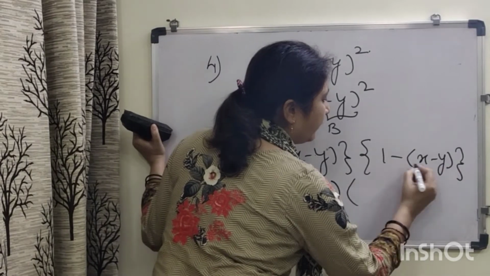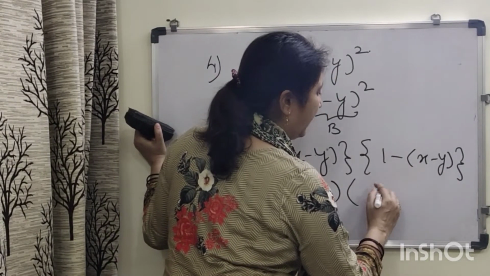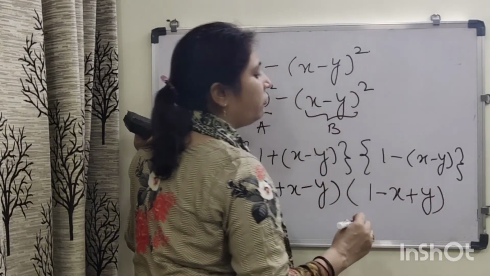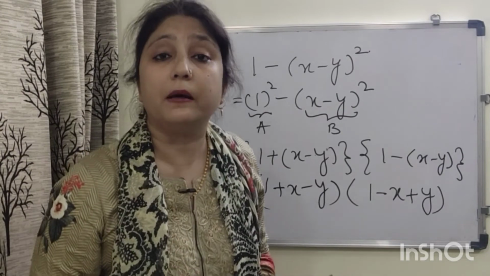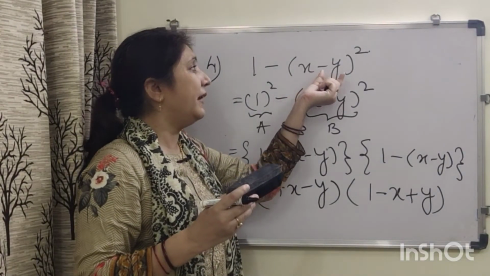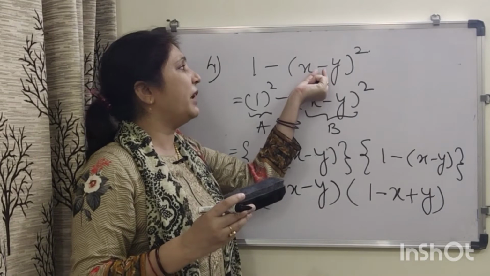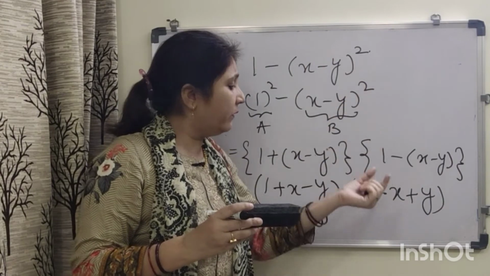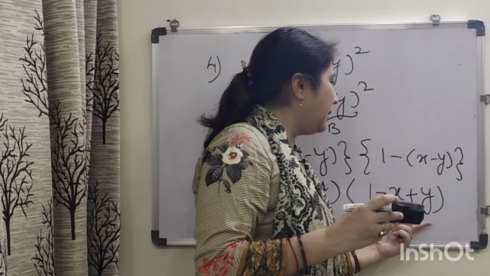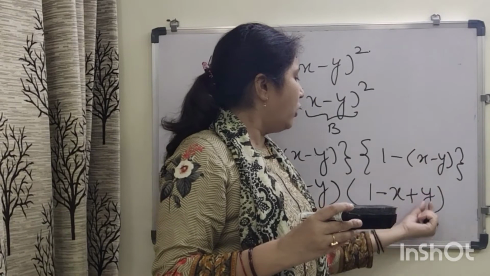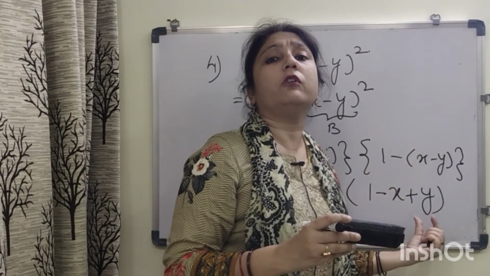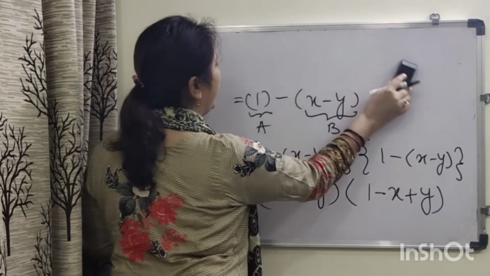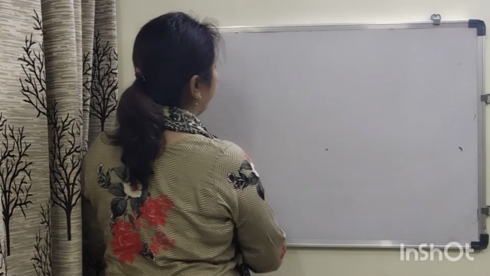But in the second expression, when you have written A minus B, when you open the bracket, children, the sign of y will get changed and it will turn into plus. Because this binomial is, first of all, a binomial with minus sign in between. Second thing, it is written at the second place. So when you write the term A minus B, the sign of y will get changed because of the minus outside the bracket. The same question I am writing for you when your binomial is at the first place.